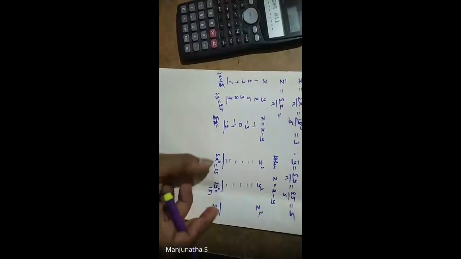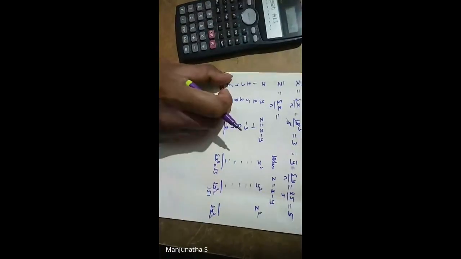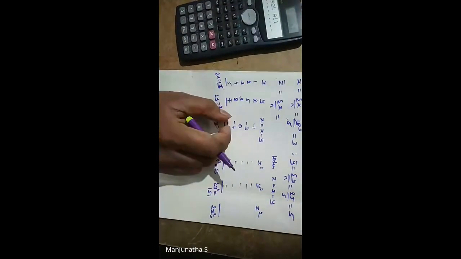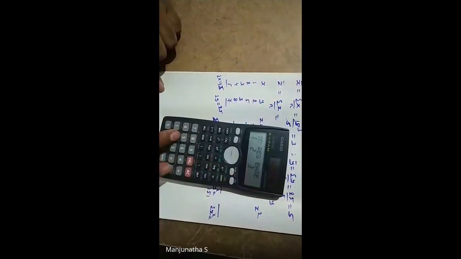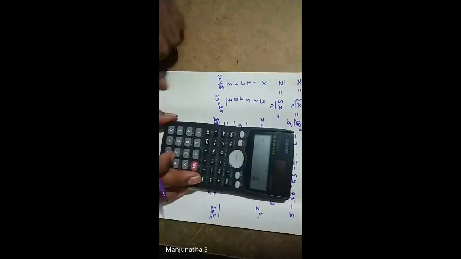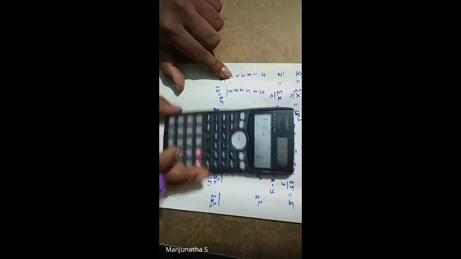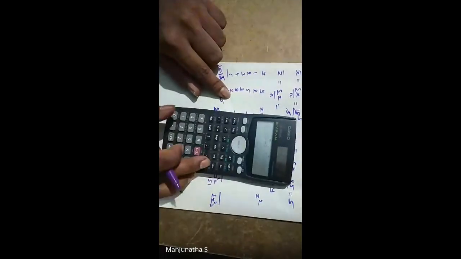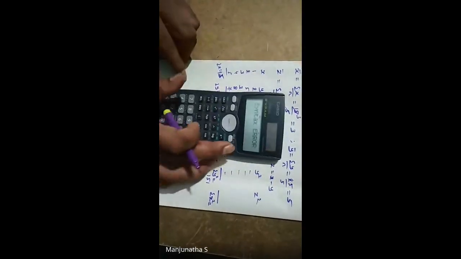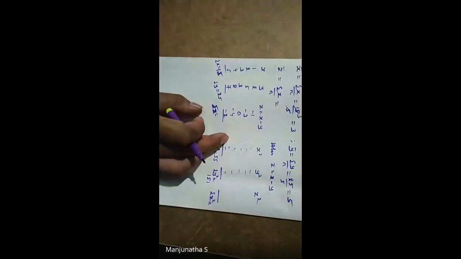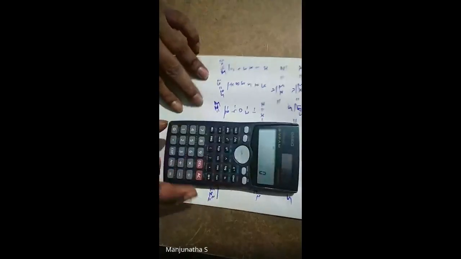So now z square we can't get directly, okay? Because we have given only 2 data, and if you take a third data it will show a syntax error like this. See? Mode, regression, linear. If you give 3 data, 1 comma 2 comma minus 1, M plus, it shows syntax error. So it is possible for only 2 variables. Then for the third data, summation z we don't know.